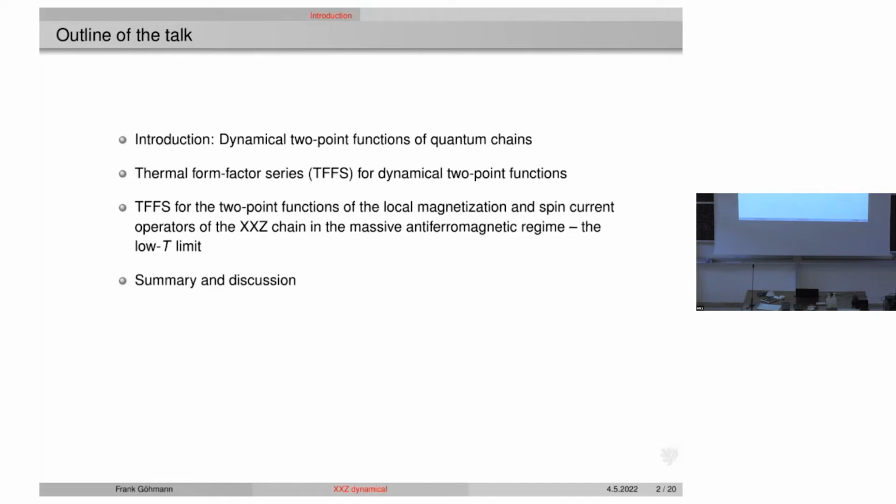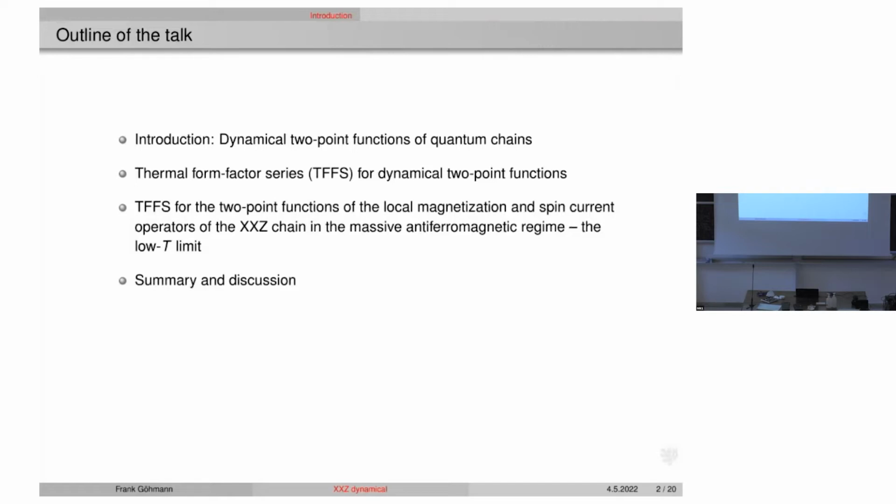Actually, first I thought I would talk for an hour, and there was a part about the XX model. For the XX model, we worked out the full thermal case, and there is another representation we could compare with, which was obtained a long time ago by Korepin and Slavnov. These series have completely different asymptotic properties. Our series has the property that in the space-like regime, the first term in the series determines the asymptotics. So we can obtain the asymptotics by simple saddle point analysis and don't have to use more elaborate matrix Riemann-Hilbert techniques. Since there's not so much time as I expected, I'll skip that part and only talk about the second